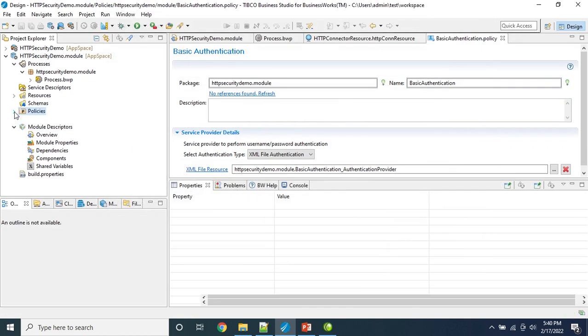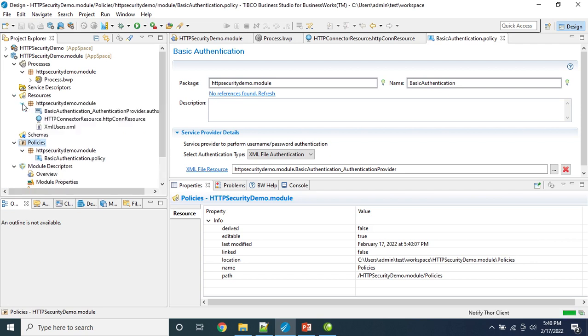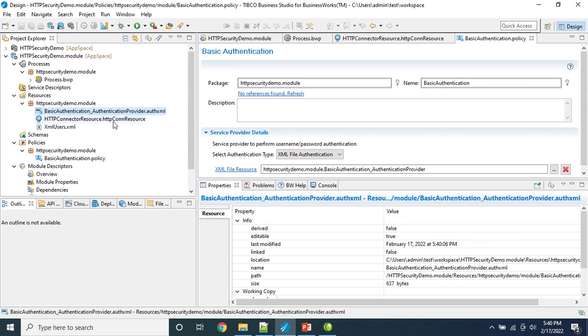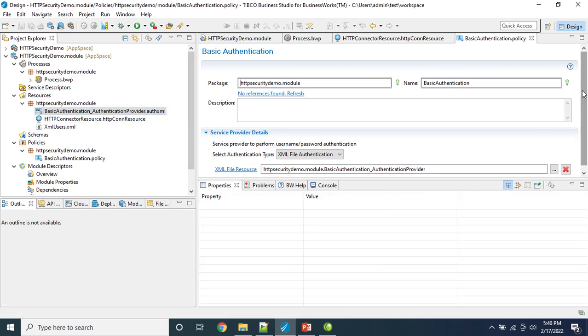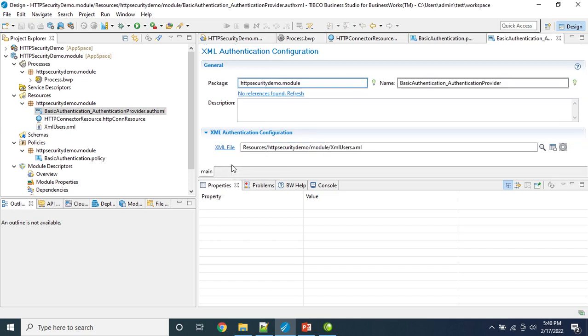Okay, so now we can see that a policy has been added. If you go to the resources now, you can see that an XML file has been created, an authentication provider has been created, and the previously created HTTP connection resource is already there. So two new things have been created. This basic authentication provider is referring to the XML file resource, because we are using XML file based authentication, so it refers to the file that has been created. So if we go to that file,